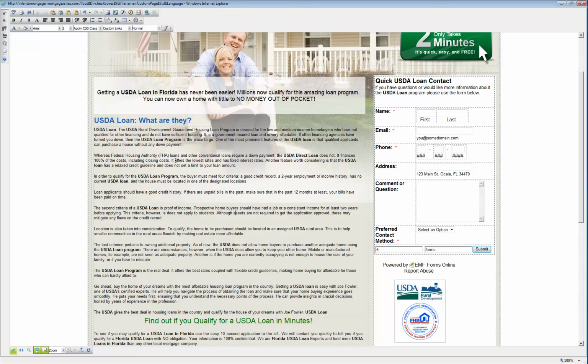Location is also taken into consideration for the USDA Loan Program. To qualify, the home to be purchased must be located in an assigned USDA rural area. This is to help smaller communities in the rural areas flourish by making real estate more affordable. The last criterion